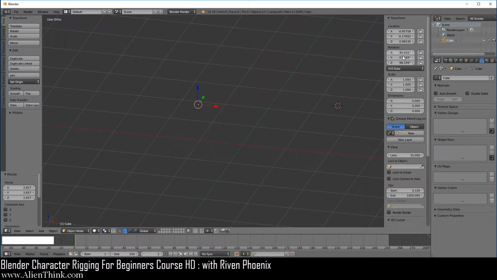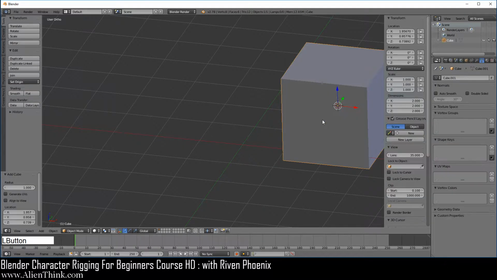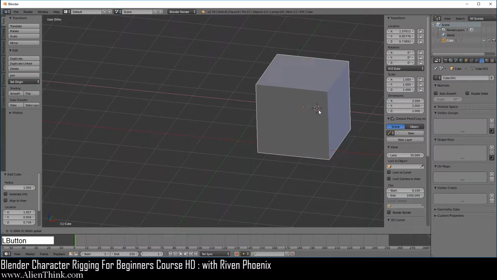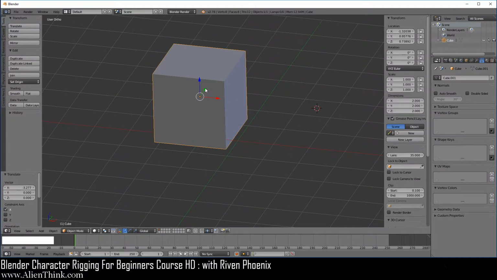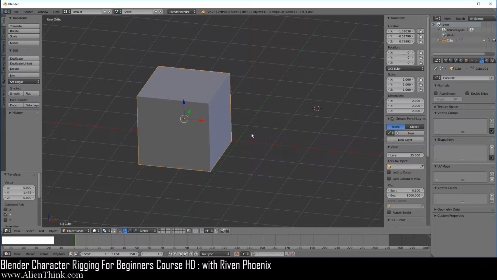It's the same thing with the rotation. Since the vertices are attached to the origin, they know how to rotate. Wherever the origin rotates, the vertices are going to follow. When you move the origin in its location values, the vertices are going to follow. We can X and delete this. Do Shift A and add the cube. Now notice that when we are moving this cube, we're actually moving the origin point and the vertices are simply following this object. Okay?